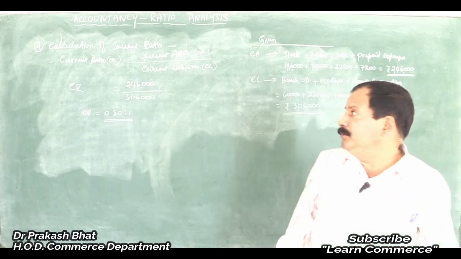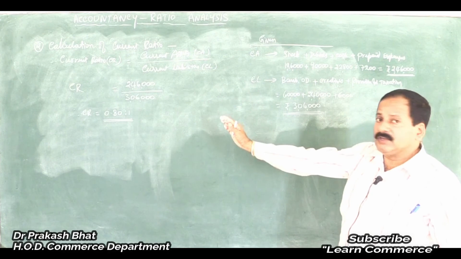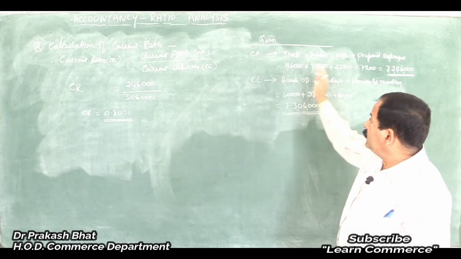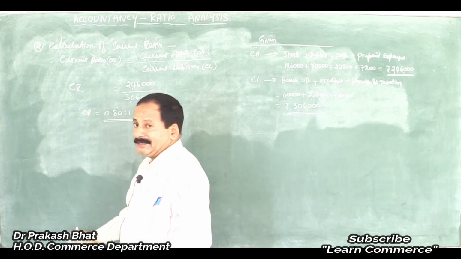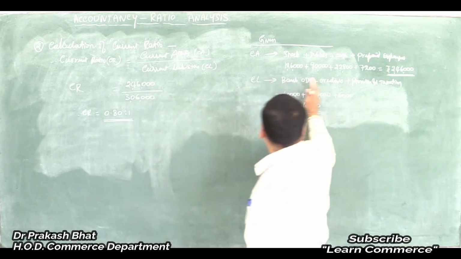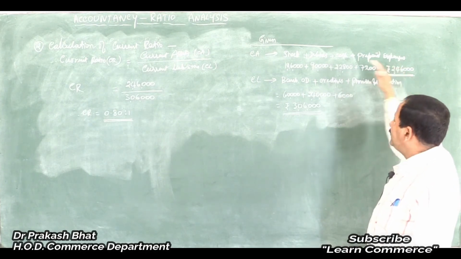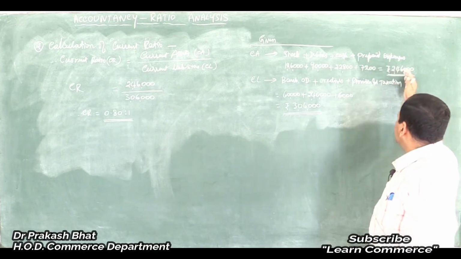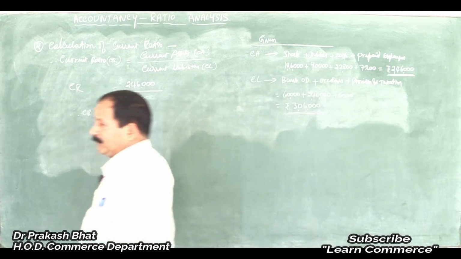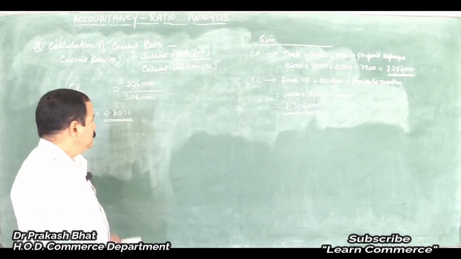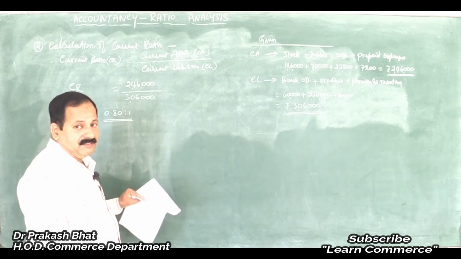Yes, this is what you have to do. You can do the calculations here and then solve there, or you can write straight away here itself, one by one, just show and continue. This is the best way, because you will have a clear picture of what items you have taken and what figures total you have calculated, and you have substituted in the formula and got the answer the correct way. So better follow this method, right?